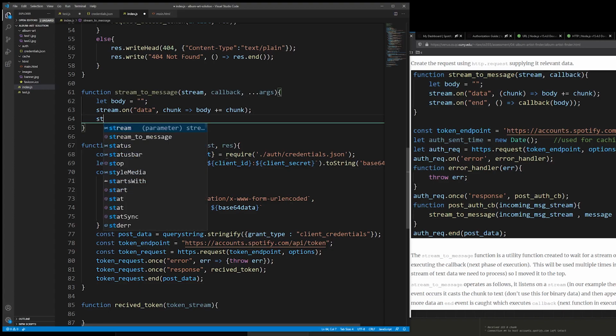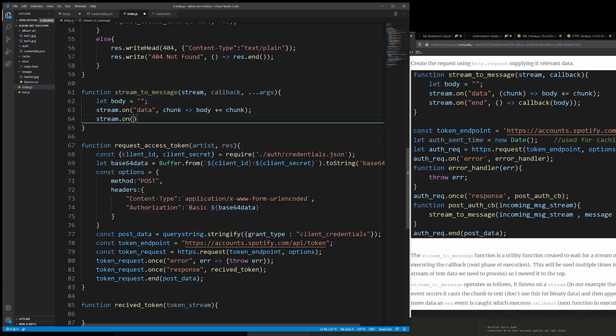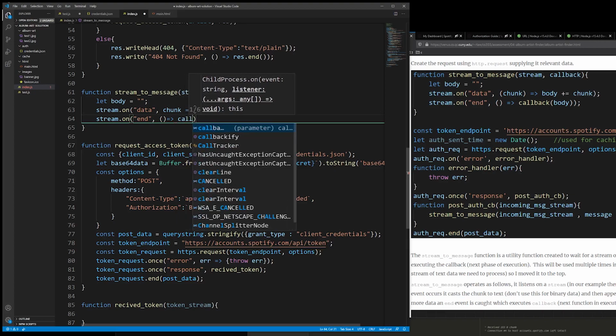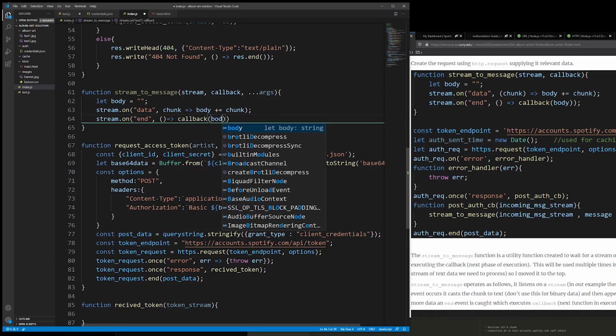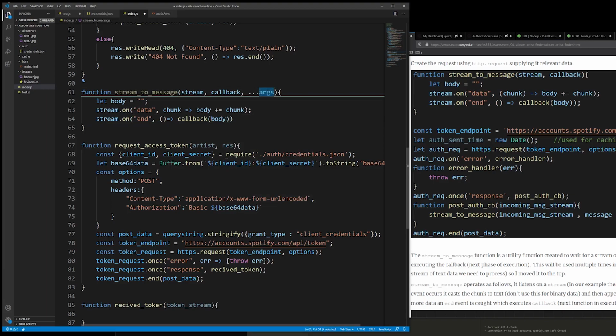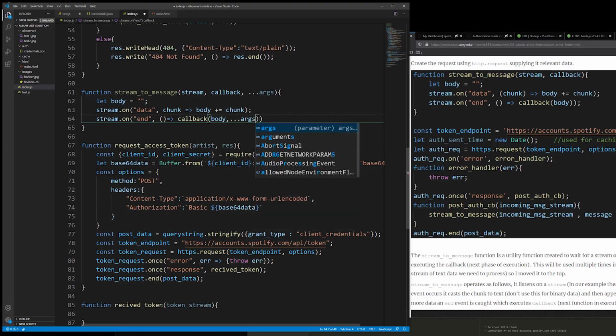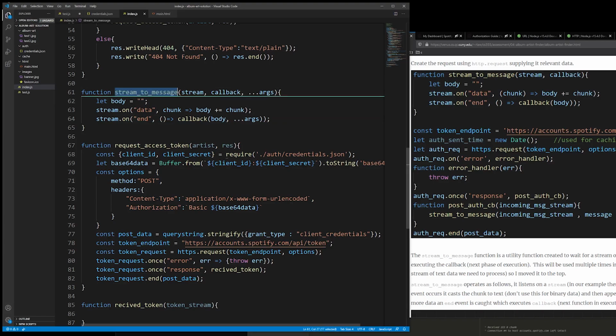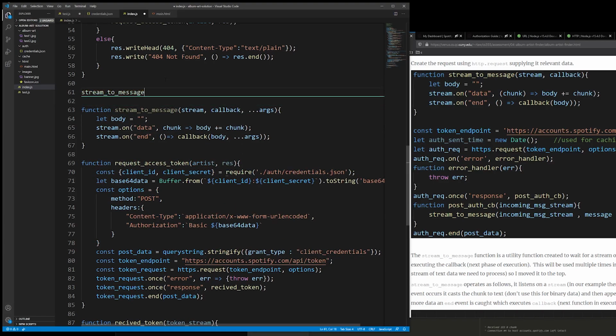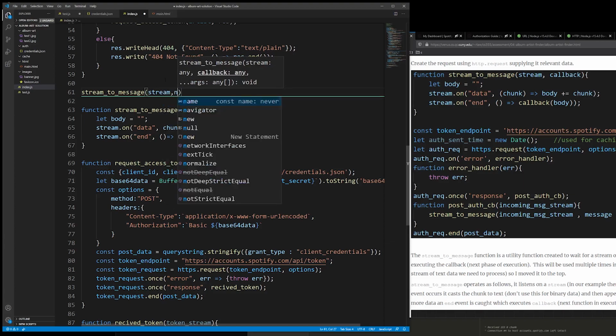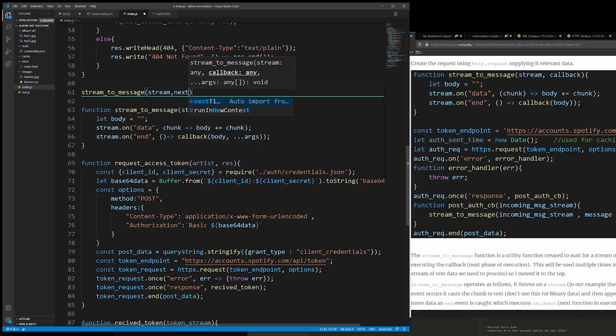So take that stream. When we receive an end, we're going to receive a chunk. So what I'd like to do is take this args variable, and essentially what I can do now is say stream to message of some stream, the function to do next task,